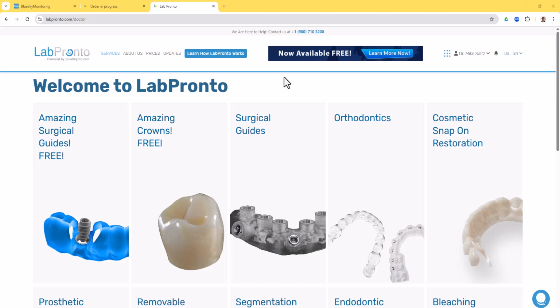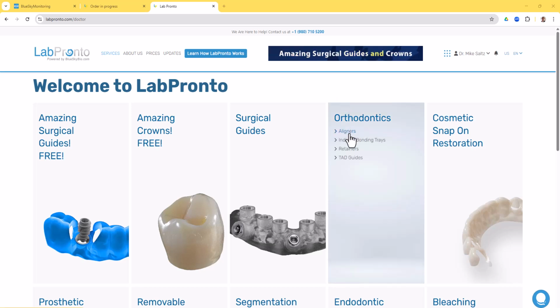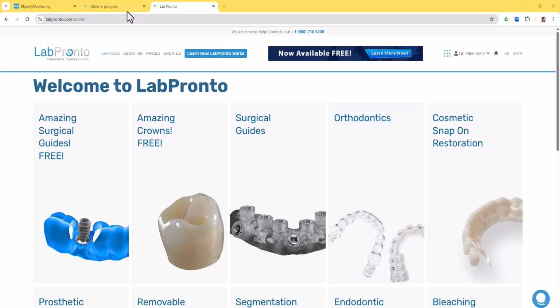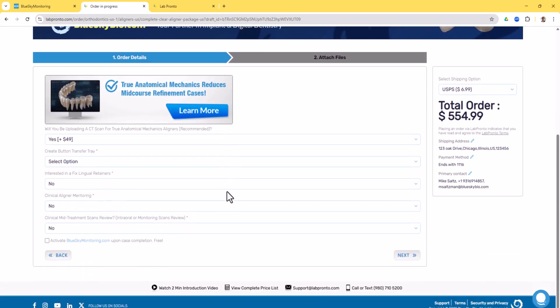If you're not manufacturing aligners in-house and you're outsourcing the aligner manufacturing, then when you place your order on Lab Pronto by going to Orthodontics Aligners, during the prescription form process, you'll have a checkbox, activate blueskymonitoring.com upon case completion, free. So go ahead and check this checkbox. Both of these techniques will automatically transfer the treatment planning files from the digital treatment plan to the Blue Sky